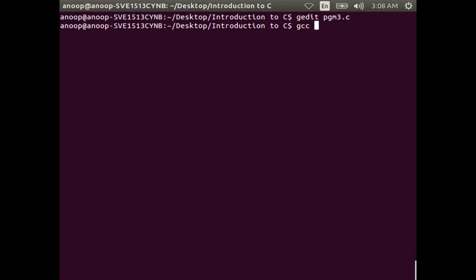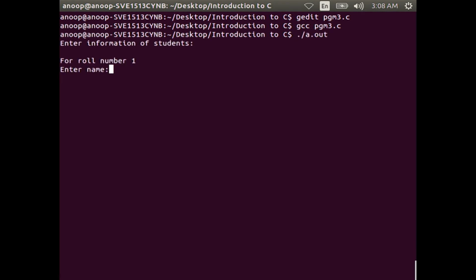There is no error, you can execute this program and see the result. For roll number 1, enter name A B C, enter marks, then you enter 95. For roll number 2, enter name X Y Z, enter marks 63.